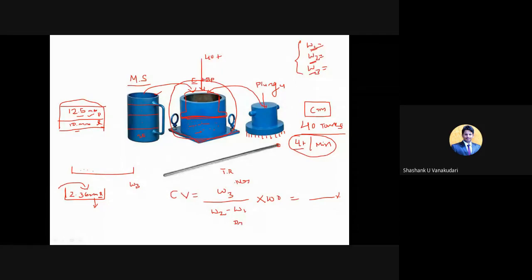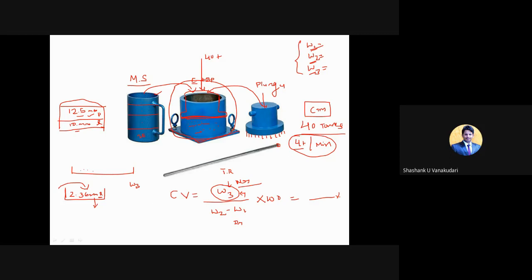So here always in the numerator the crushed part will come, right? So after considering the original weight of the aggregate, after testing whatever the crushed part will be there, or else after conducting any test, whatever the resulting materials will be there, the crushed part, that one we are going to write in the numerator. Clear? I mean at this top portion.